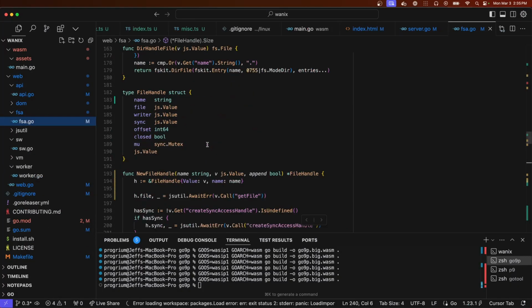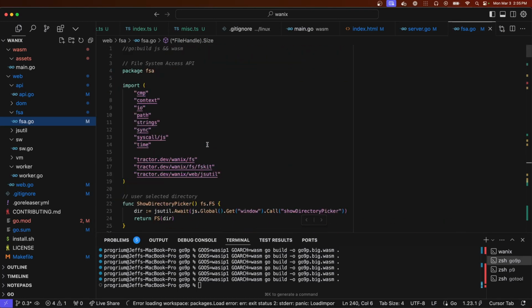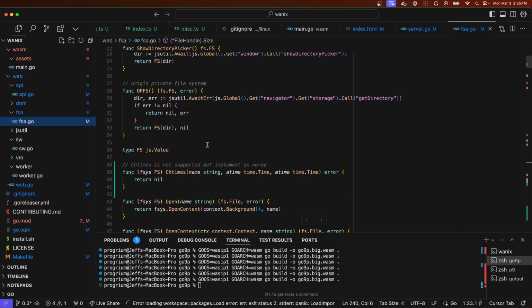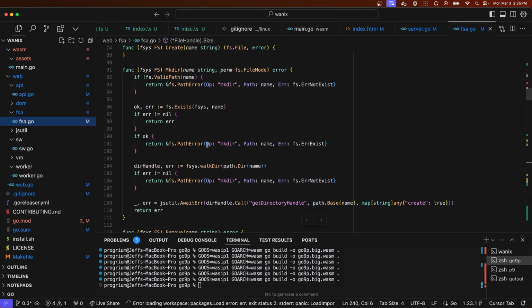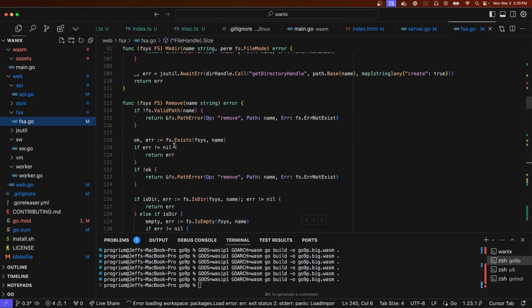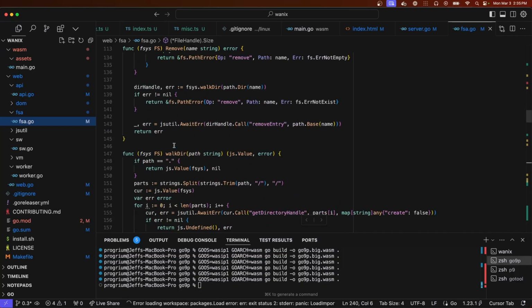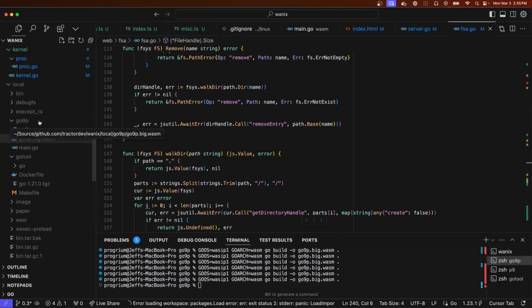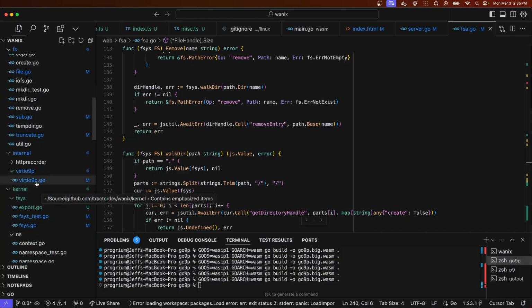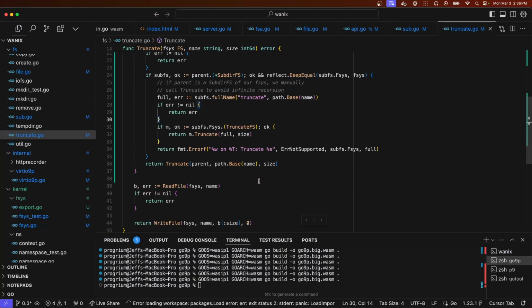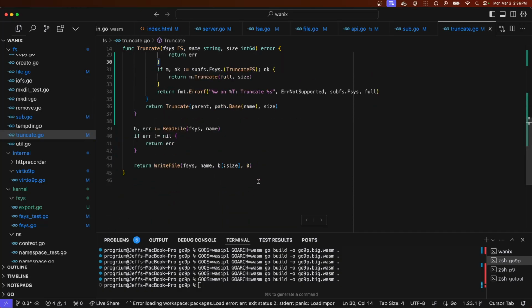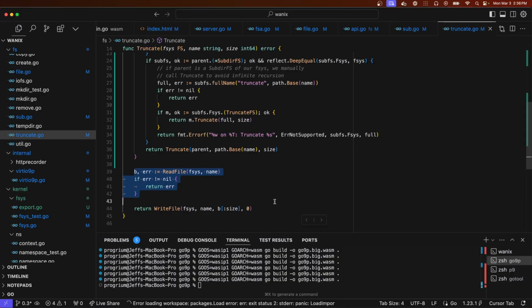Our file system implementation for OPFS doesn't have truncate, and for whatever reason it didn't want to fall back.